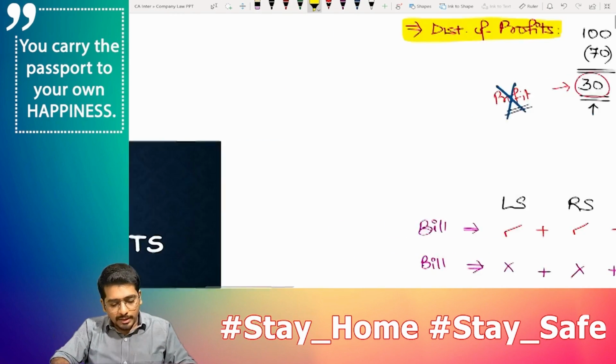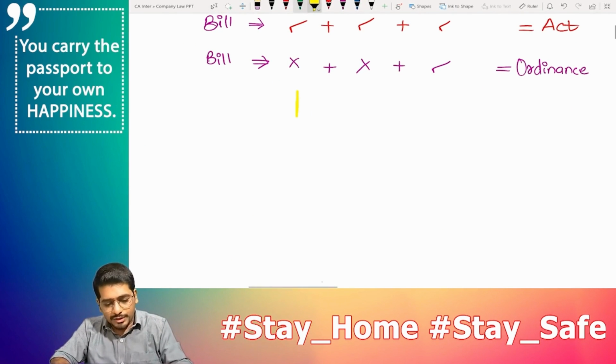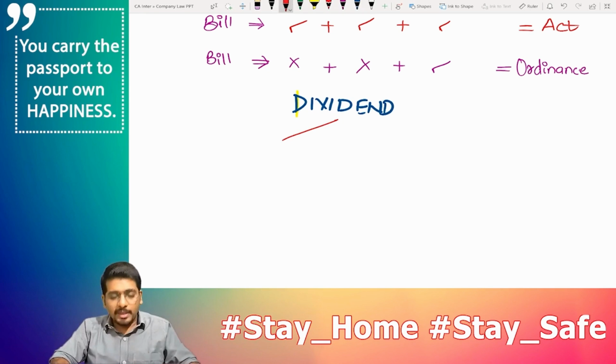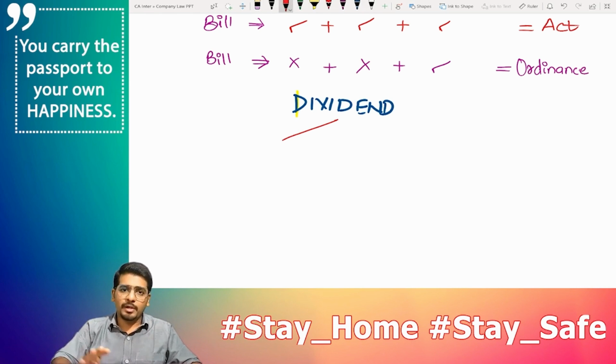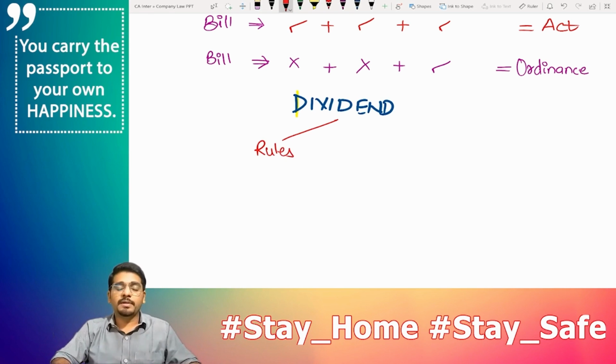When I talk about dividend, always remember, guys, when I'm talking about dividend, or you call it distribution of profits, whatever you want to call it. Remember, dividend is not something that a company, you think that, okay, if I've invested, I will get dividend and company should give me 500 rupees dividend or 1000 rupees dividend. No. There are rules given for dividend.